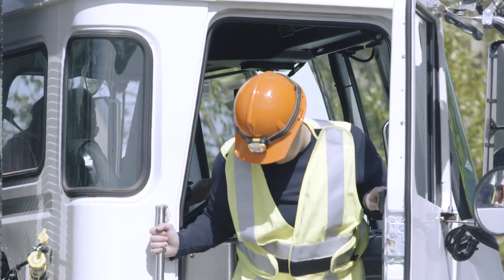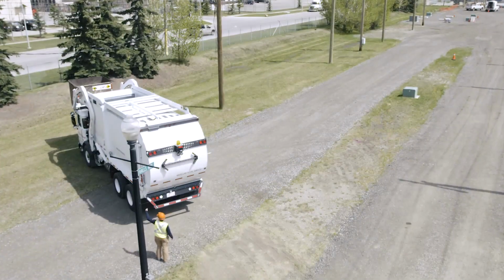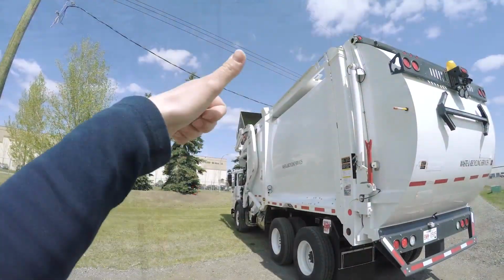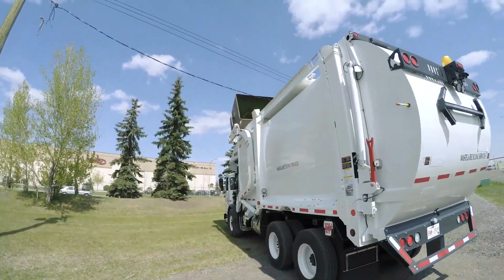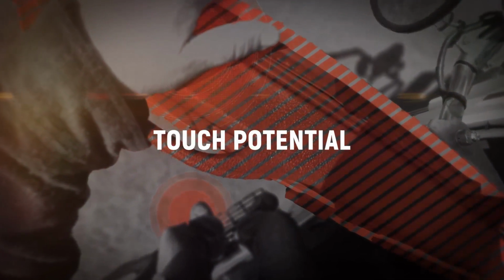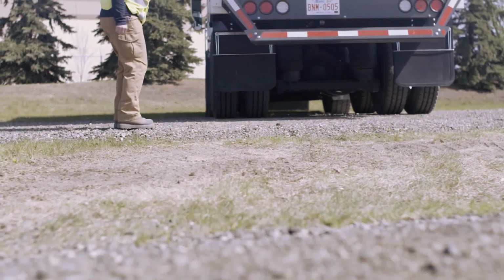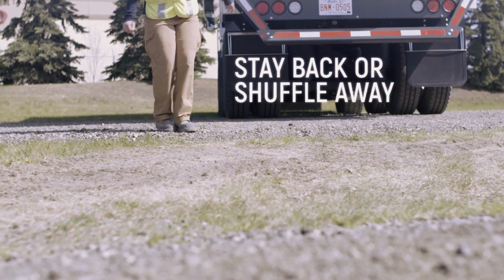You can also be shocked by touching an electrified object, like an exposed wire or an electrified machine. Your body will become the path the electricity will flow through to get to the ground. The danger of touching an electrified object and creating a path to ground is called touch potential. Your best defense is to stay away from electrified objects, or if you are in the danger zone, shuffle away